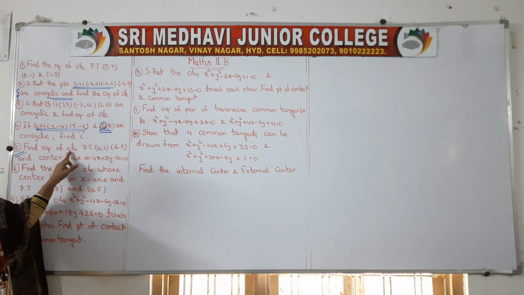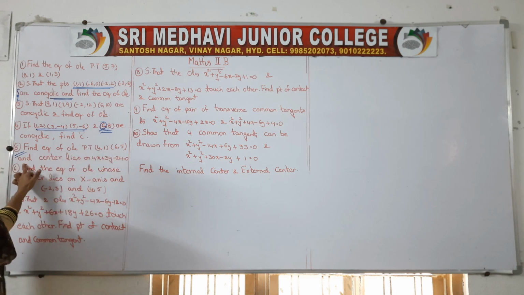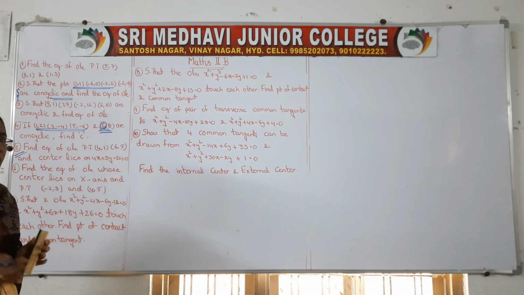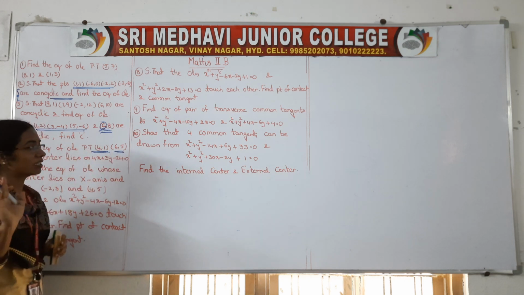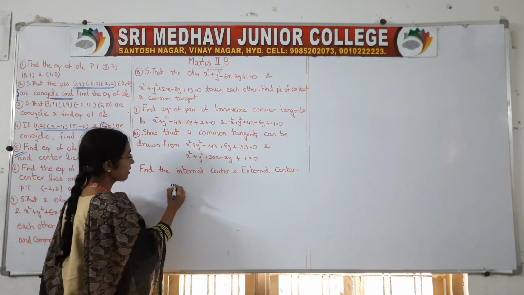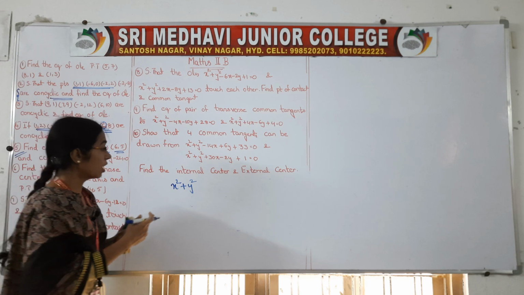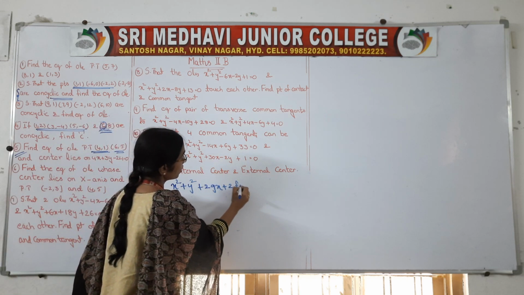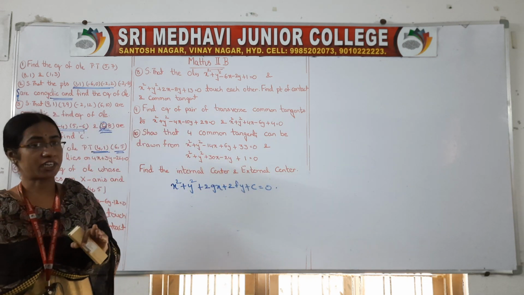Find the equation of the circle passing through 2 points, and the center lies on this equation. Okay, so very simple. First, passing through 2 points means same. We will take one general circle equation. What is that general circle equation? Throughout the chapter we have to use this formula only. X square plus y square plus 2gx plus 2fy plus c is equal to 0 is the general circle equation,